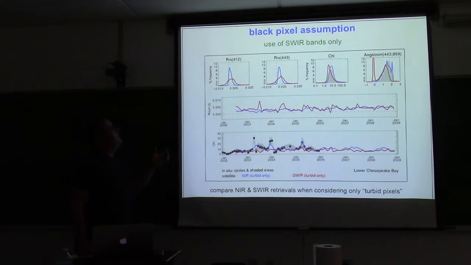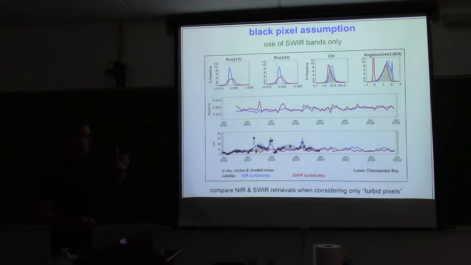So the second one is the use of shortwave infrared bands only. So this is saying, okay, I don't believe the black pixel assumption in the near infrared. I'm going to go to the shortwave infrared, and then I'm going to proceed exactly as I did before. This, in theory, is a very, very good idea. So in this case, what